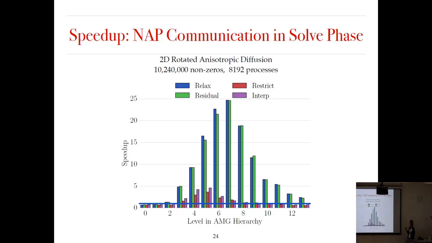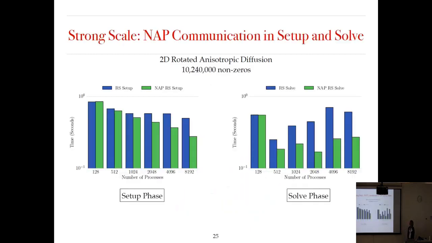However, this is motivation, because we could get speedup on levels 3 and 4, but we don't want to look at every problem before we figure out when to use it. So this is some future work, to figure out on the fly when it should be turned on and not. So if we look at the results, the timings from using this on level 5 on from the hierarchy,